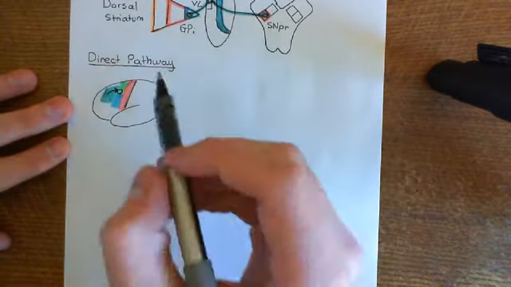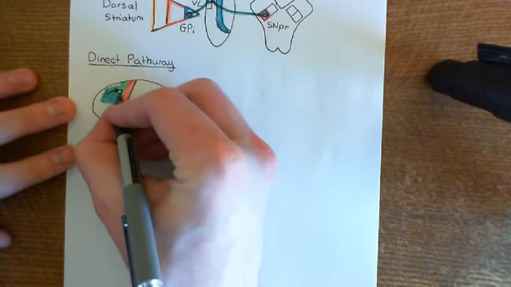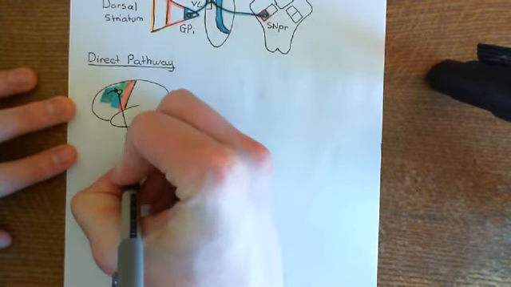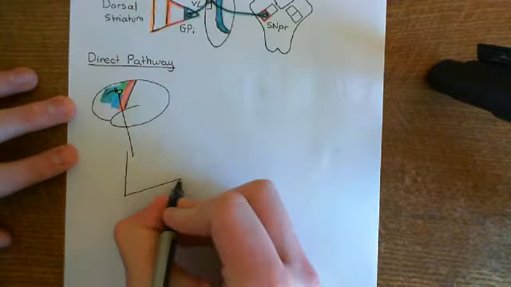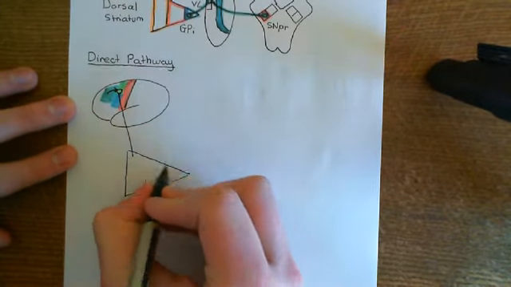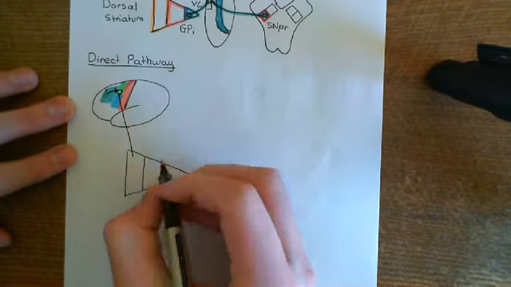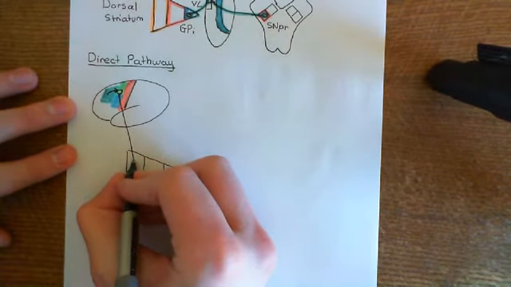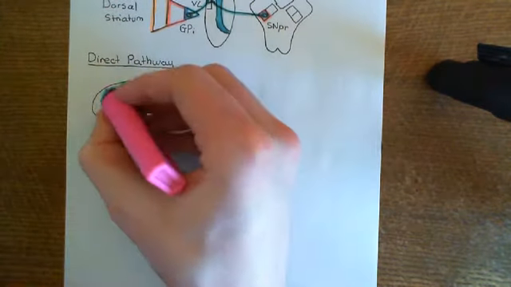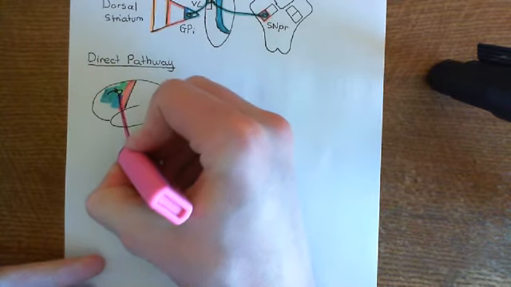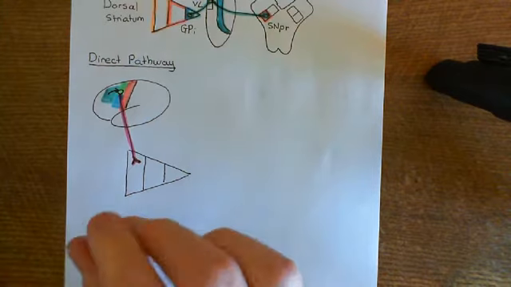Okay, so what's going to happen now is this portion of secondary motor cortex is going to send down many axons into the dorsal striatum. So let me now put the lenticular nucleus here. They're going to be going into the caudate and the putamen, although we're only showing the putamen on this diagram, but it represents the caudate and the putamen. So many excitatory neurons are going to be coming down into the dorsal striatum like so, and releasing glutamate into a certain area